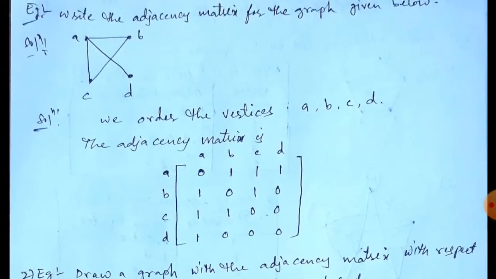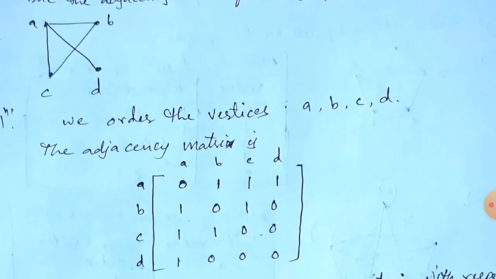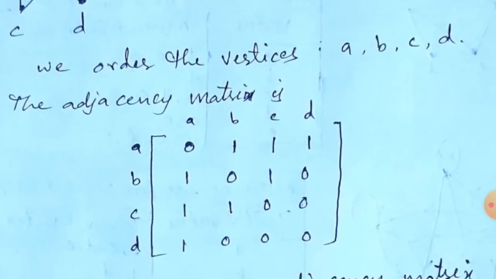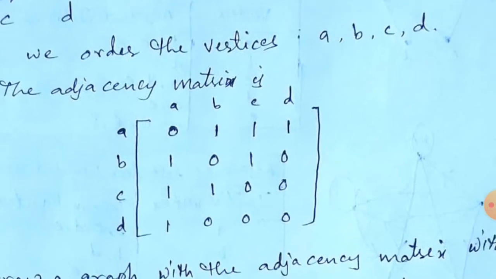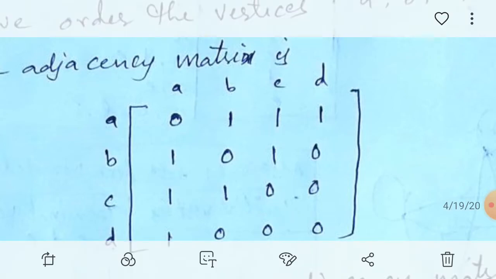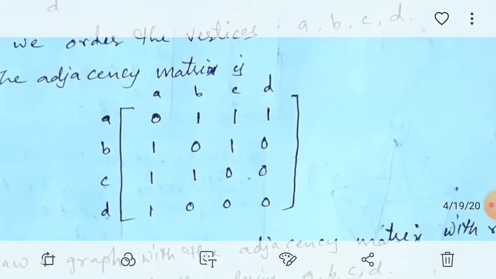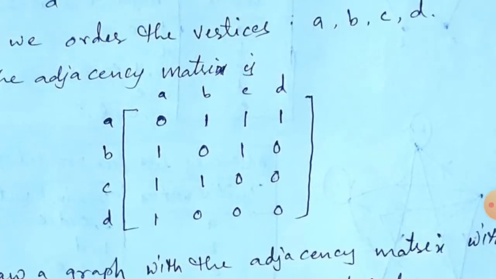So the order of the vertices, whatever you can choose, but the order is important here. The same order we have to write here as rows and of course columns. Okay, observe here in this matrix, as rows we have taken A, B, C, D, and in columns also we have taken A, B, C, D. So the order should be in that order only, you have to take in rows as well as in columns.